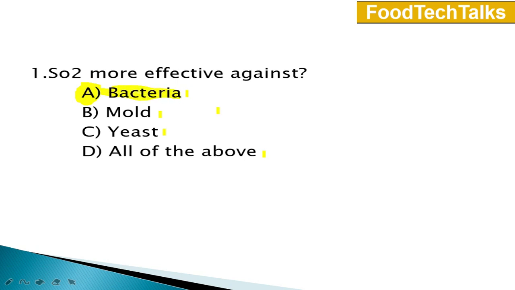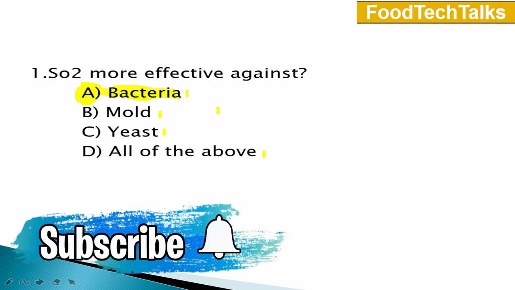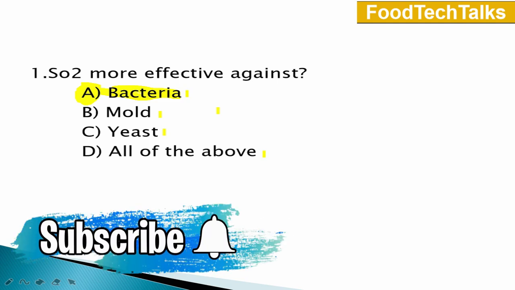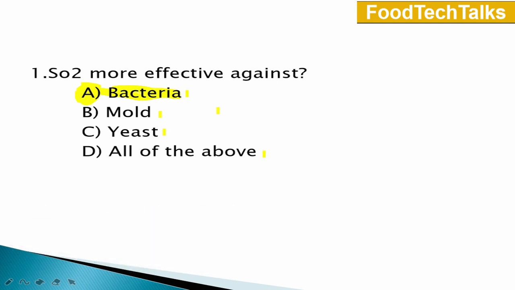Normally, sulfur dioxide or salts of sulfates are used in fruit and vegetable products. In aqueous solution, it will convert into sulfurous acid and bisulfite and sulfite ions. This bisulfite acts against the bacteria, means it will interfere with the respiration of the bacteria and it helps to prevent the growth of bacteria in the particular food products.